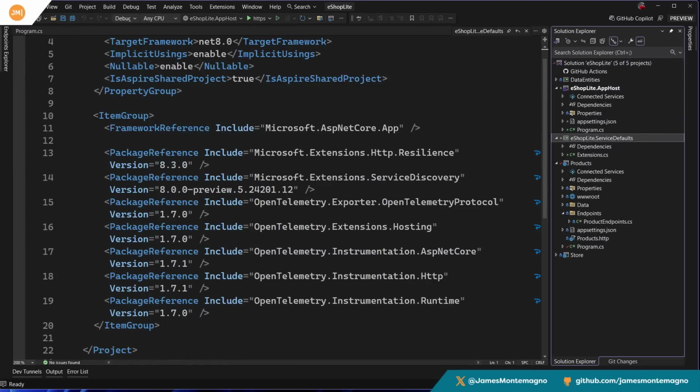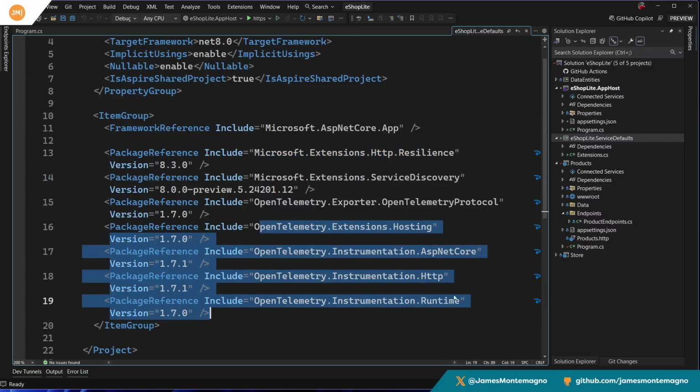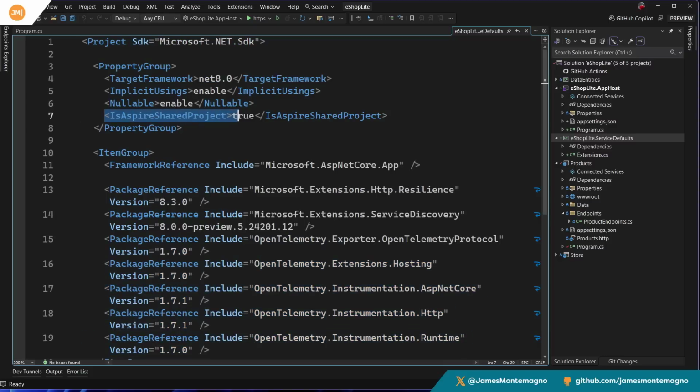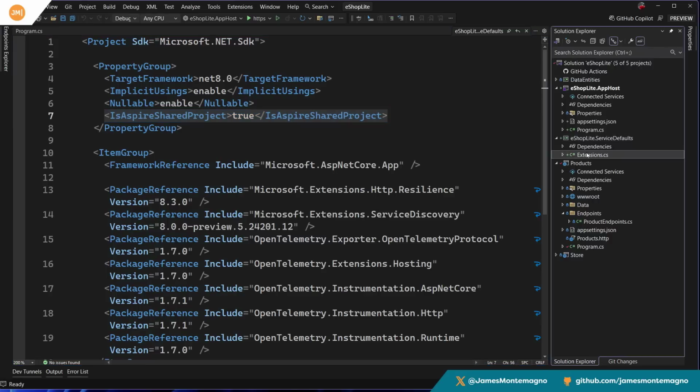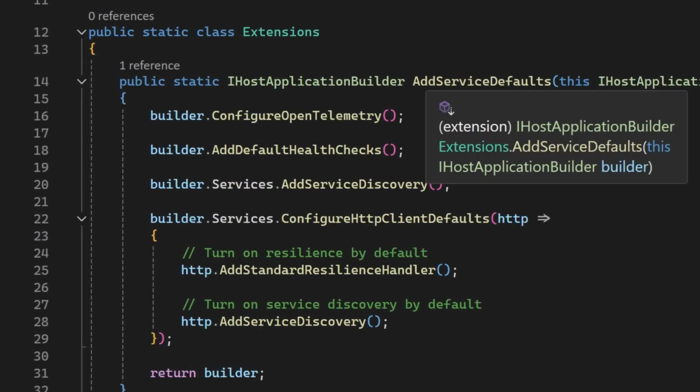If we take a look at the NuGet packages, we can see that it's using HTTP resiliency, service discovery, OpenTelemetry, all of the different ones in here for ASP.NET Core, runtime, and a bunch more. And we can see that it is a .NET Aspire shared project that will be shared across any project enrolled in .NET Aspire. So if we look at the extensions.cs, we're going to notice this really, really important method here,